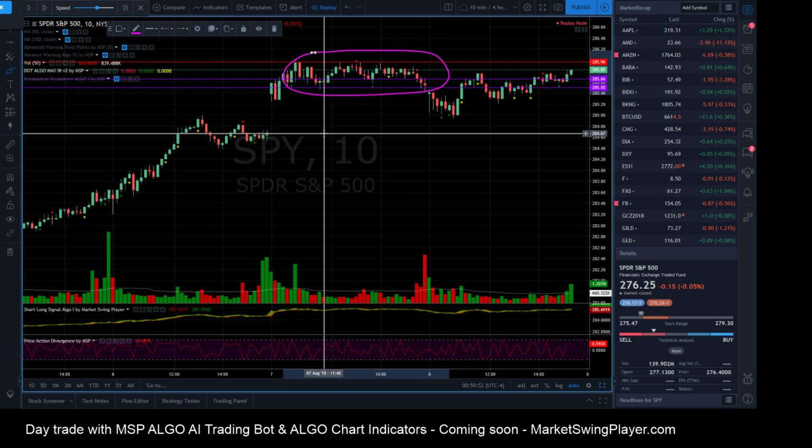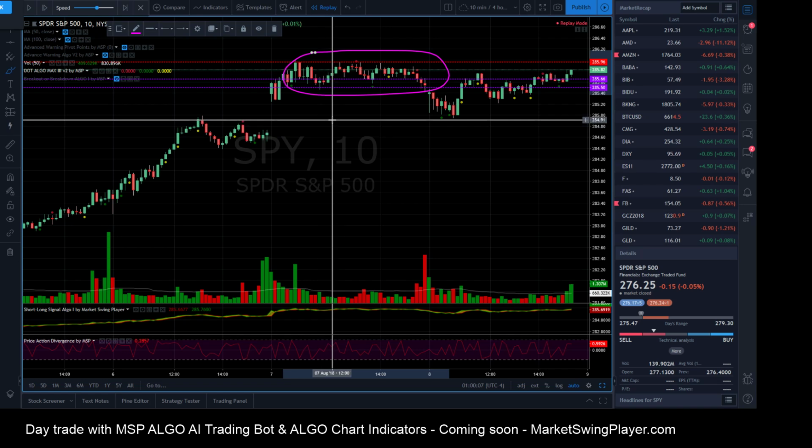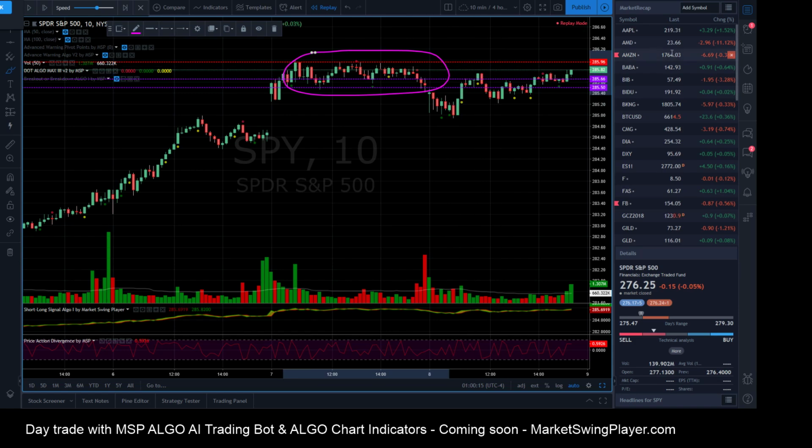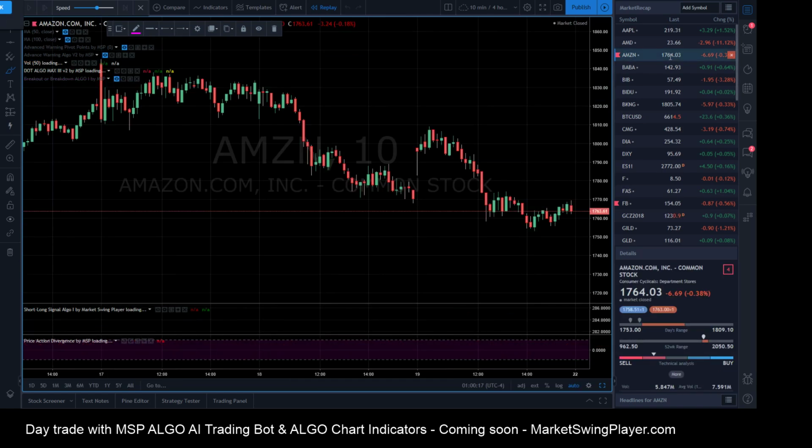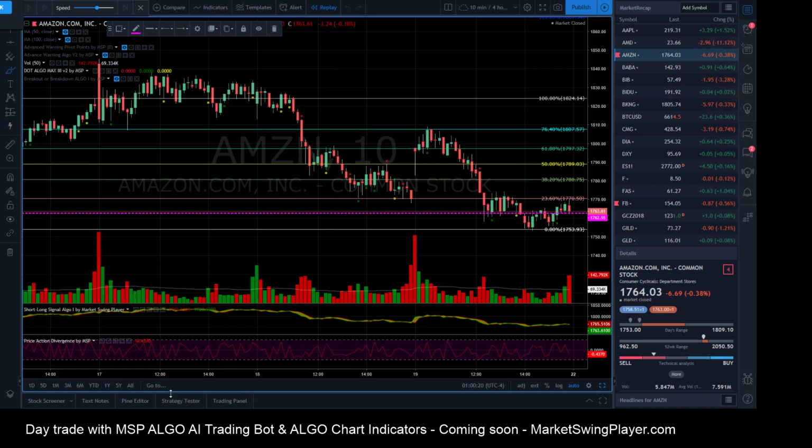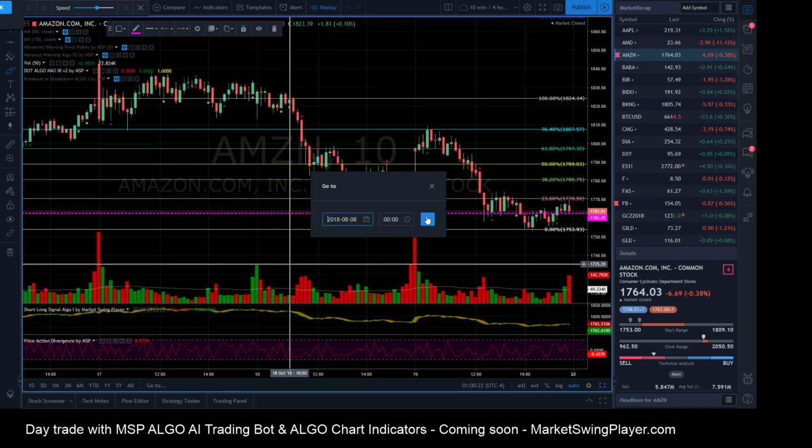And also where to enter the trade. So the hardest part for a trader is where to enter a trade. So what the MSP range algo does is it eliminates that problem by gauging price action before the bell for you. So we're going to go to the 8th here of Amazon,